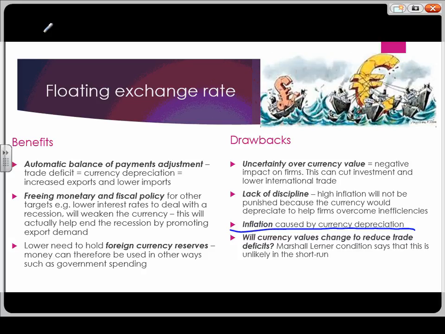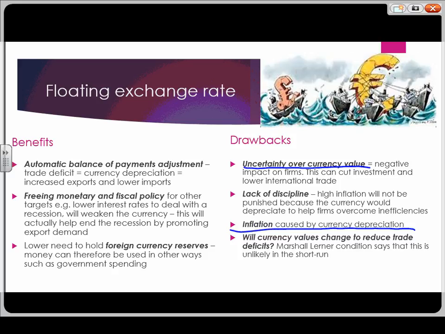A lot of people say as well that a floating exchange rate will create uncertainty. Firms that look to export or import are going to be affected by currency value changes. A currency that is rapidly yo-yoing up and down will make trade very difficult. If you've got less trade, you've got all the drawbacks of relying on domestic production again, missing out on benefits of efficiency and economies of scale, bigger markets for your goods and services, and cheaper imports, because the currency is yo-yoing up and down all the time, wiping off things like absolute and comparative advantage.